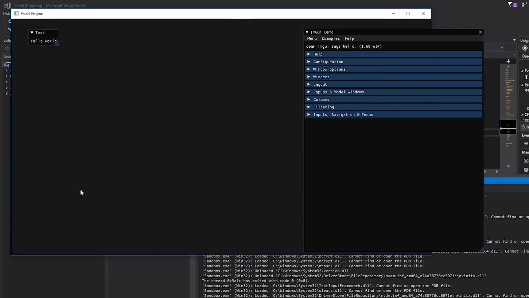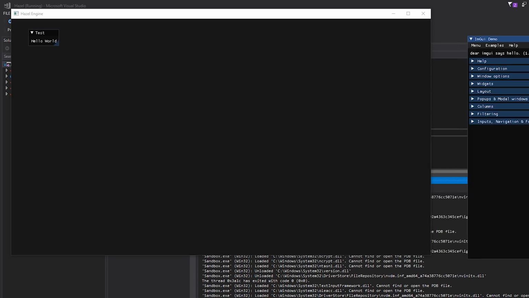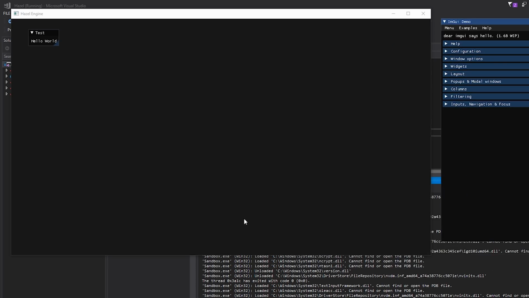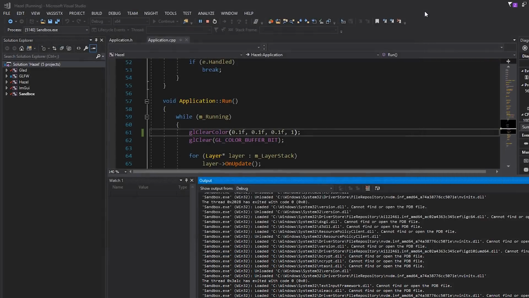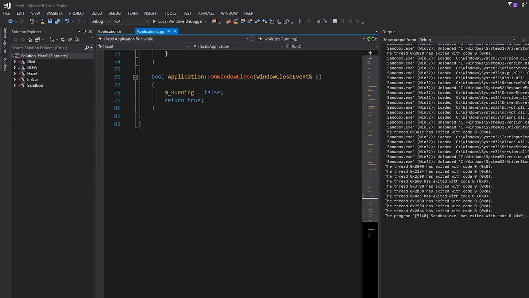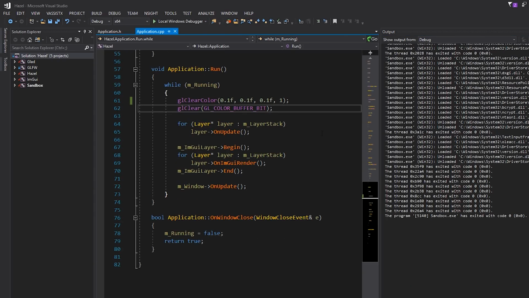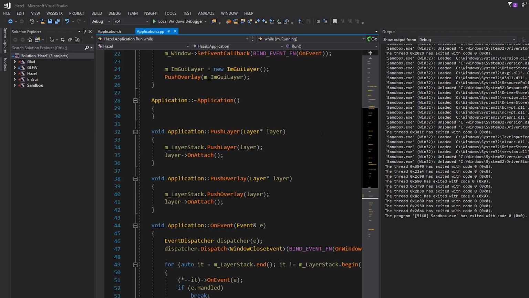And now what I want to do is draw a triangle in the middle. So if we move this ImGui demo out of the way, I just want a triangle in the middle here, right? And to do that, what I actually need, if you think about OpenGL and what we actually need,